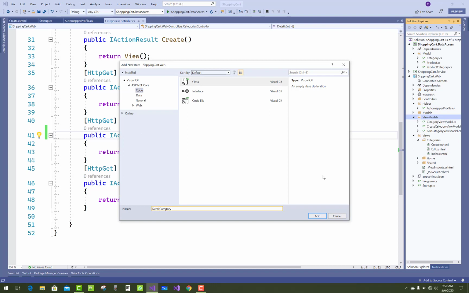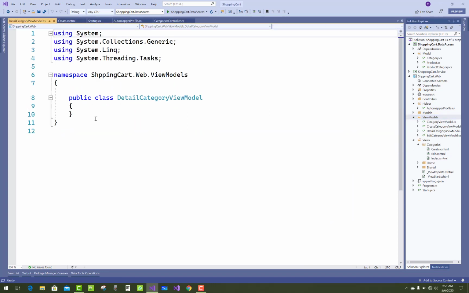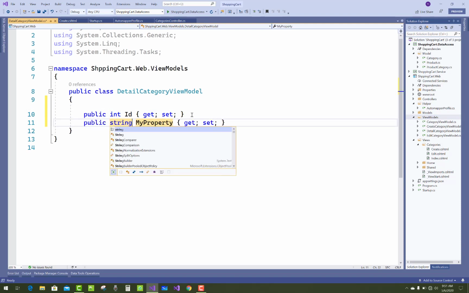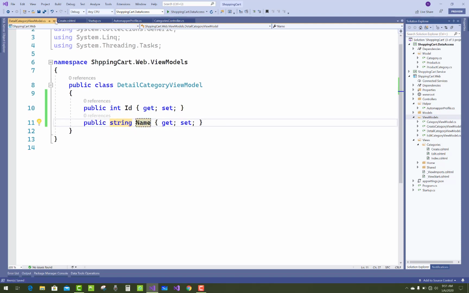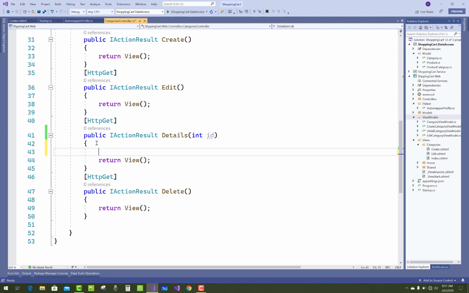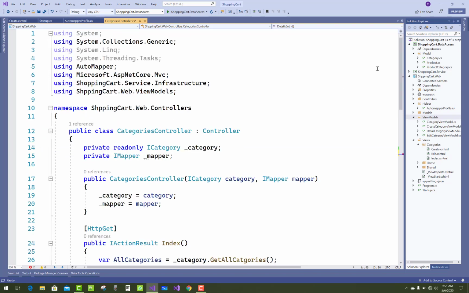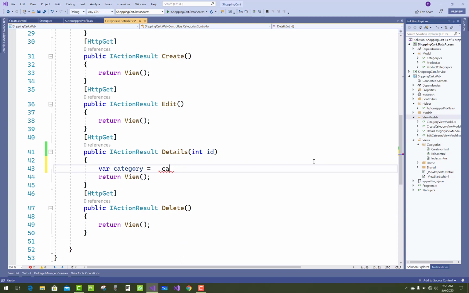So first create a new view model, the detail category view model, which holds both properties, ID and the name. So var category equals underscore category, that is the dependency injection, dot get category by ID, and the ID property is this.